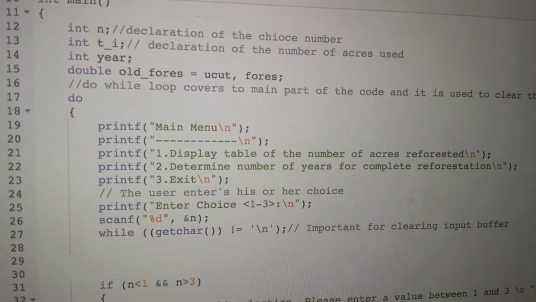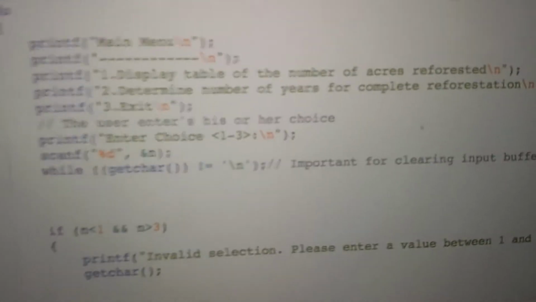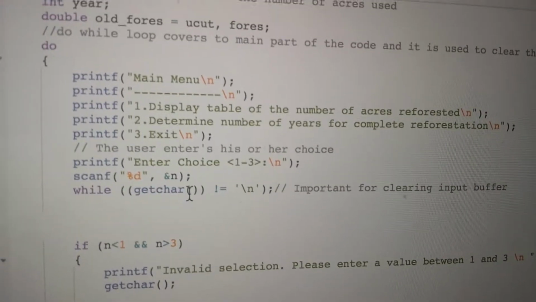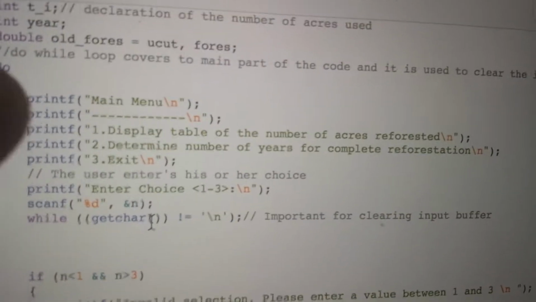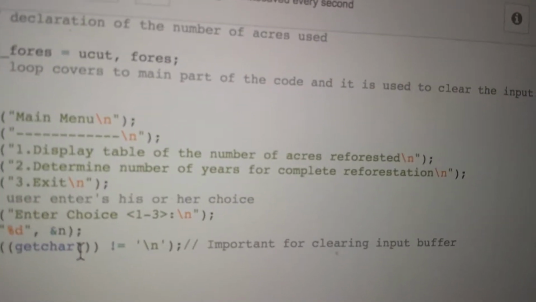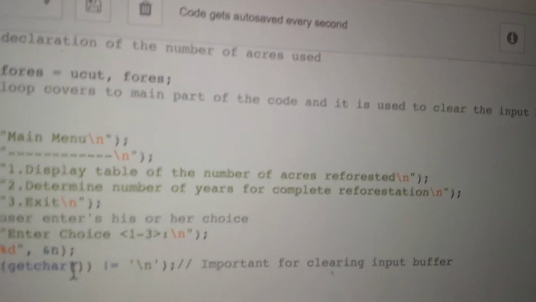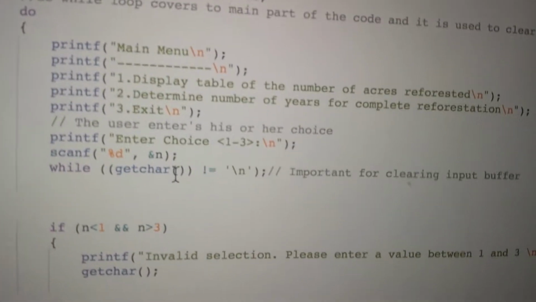So in the main code, I used the do while loop, which is important to clear the input buffer. After that, the next line of code is the menu and the necessary things that we need to write. I need to display it according to the instructions given. So after that,